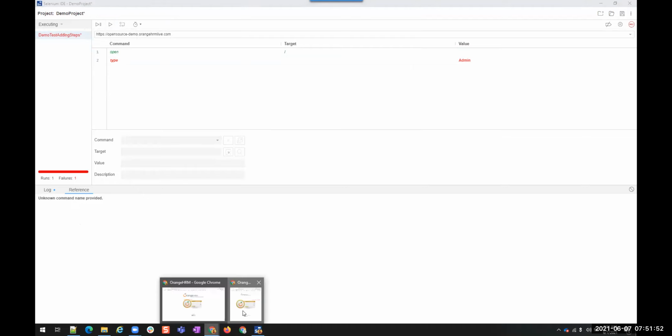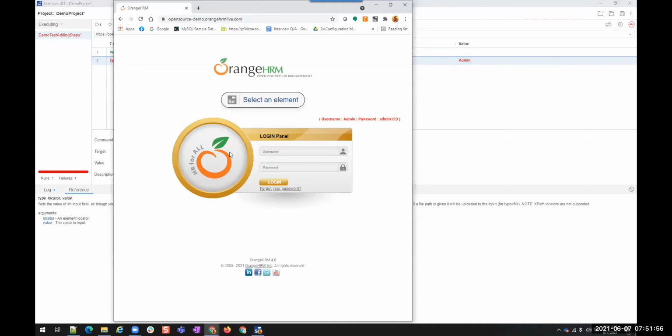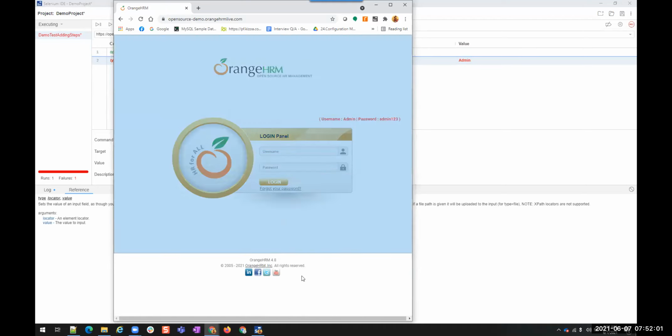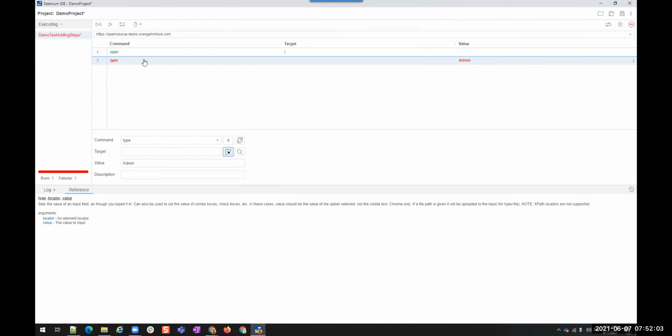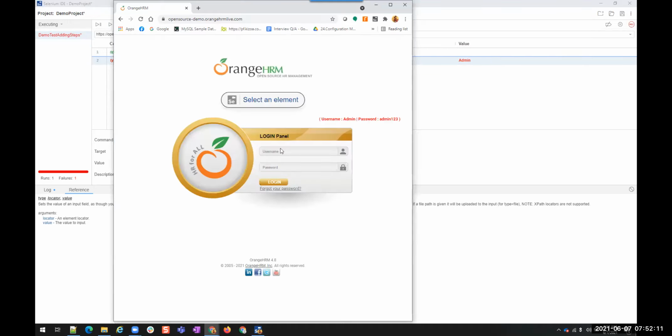Open it. This is the window that got opened, right? Now you see type, and this is allowing us to target. So you observe the steps, right? I clicked on this. Now I want to find the target. So I'm clicking on the select targeted page. Once I click on it, it will take me to that browser. And you will see wherever I'm moving my cursor, it is showing all the elements behind it. You see this? Login button, forgot password link, this one, this one, this one.